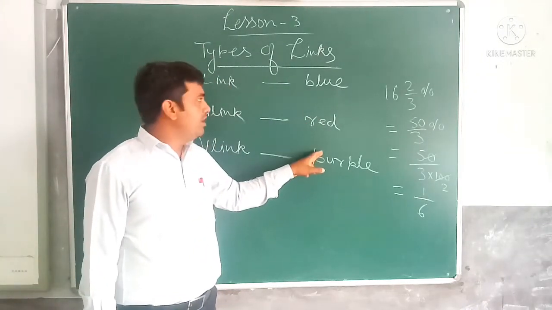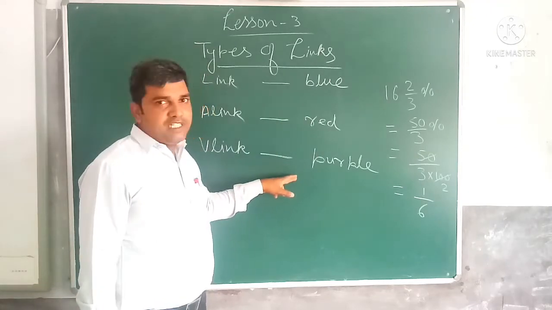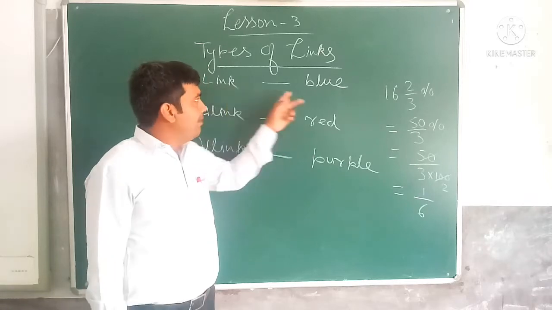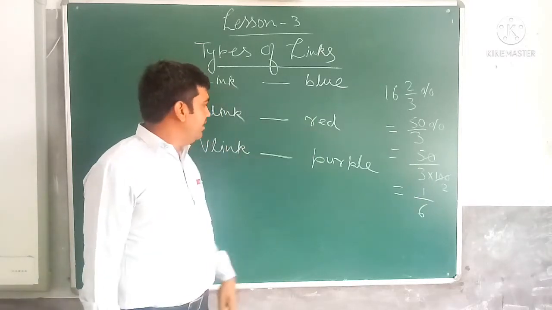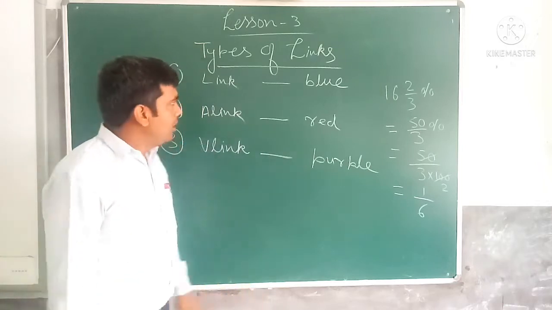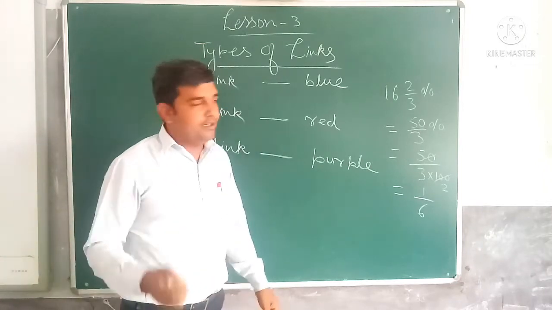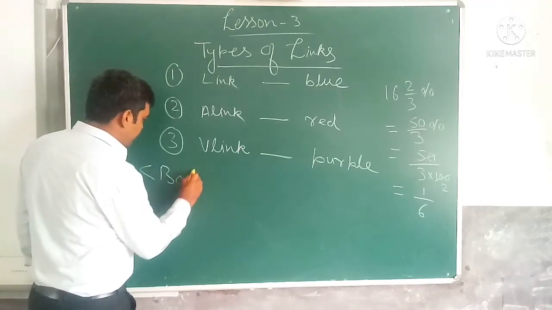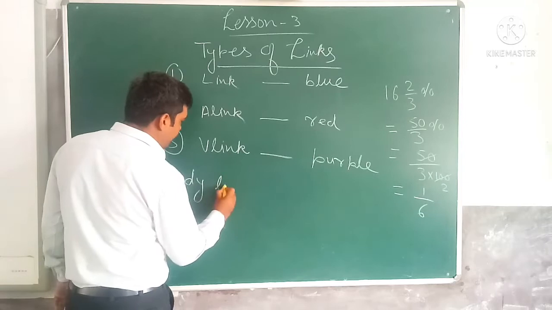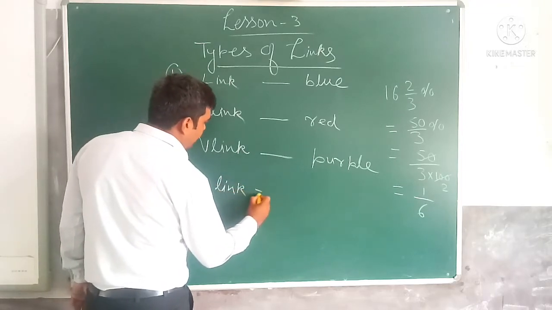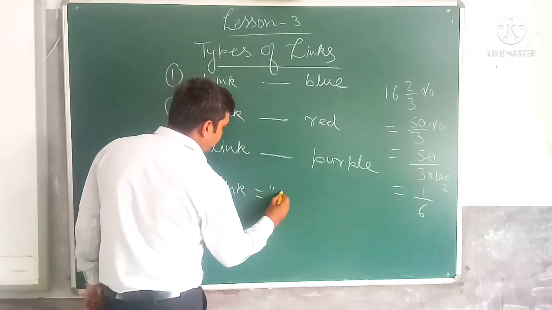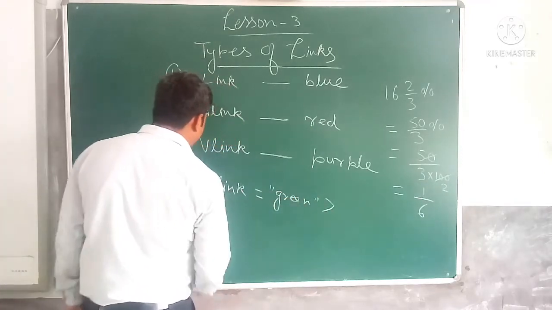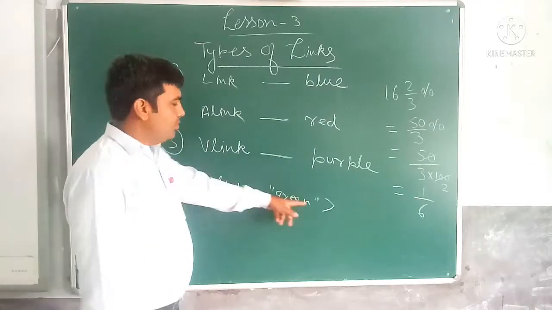If we do not change these colors by specifying HTML code, then by default on the web page the unvisited link will appear in blue, the active link in red and the visited link in purple. Now see how we change it with the help of the link attribute inside the body tag. Inside the body tag, what do you write? link equals to, in the place of value, if you write green, now the unvisited link will appear in green color. See, body link equals green.